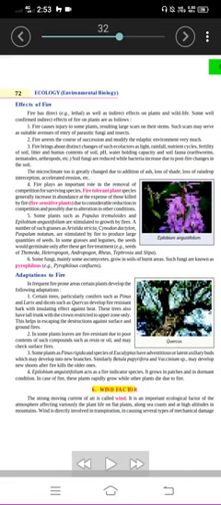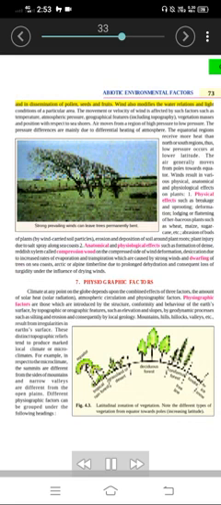6. Wind factor. The strong moving current of air is called wind. It is an important ecological factor of the atmosphere affecting variously the plant life on flat plains, along sea coasts and at high altitudes in mountains. Wind is directly involved in transpiration, in causing several types of mechanical damage and in dissemination of pollen, seeds and fruits. Wind also modifies the water relations and light conditions of a particular area.